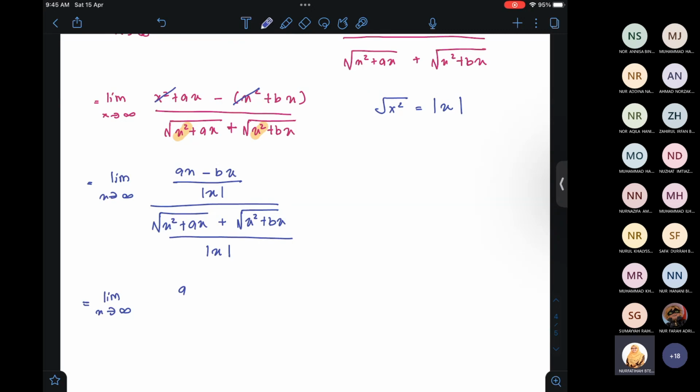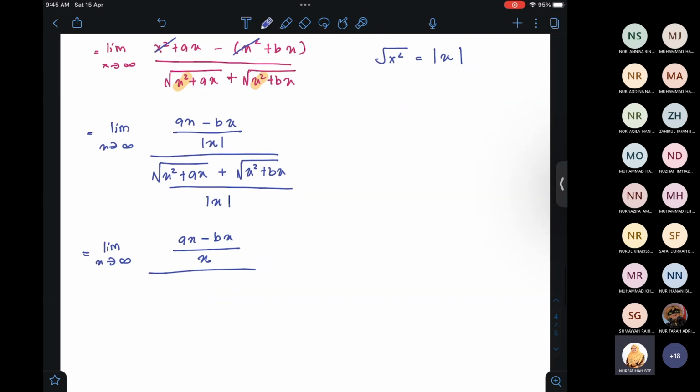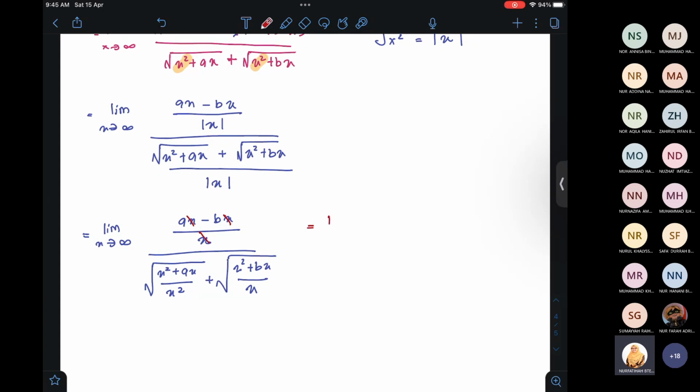Positive, because x approaches infinity. Then the bottom part we bring into the radical: x square plus ax over x square, and then plus the other one also the same. Then we can cancel. This one cancel, this one also. So the upper part we will be left with limit x tends to infinity